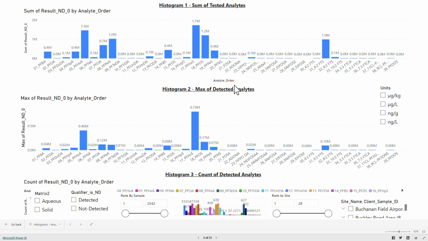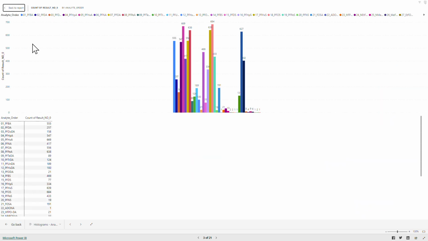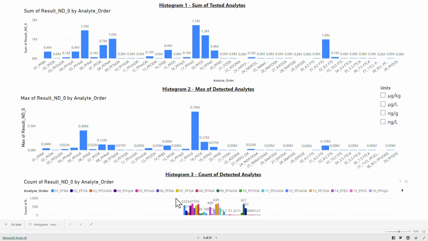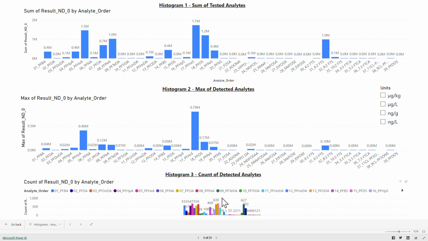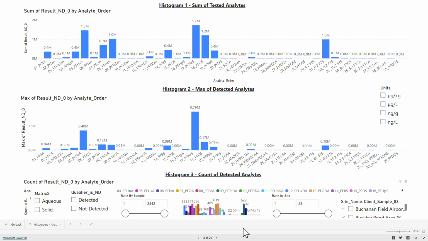maximum detected concentrations, and the third showing a count of the analytes shown for the sample or sample range selected. Note that the filters on this panel are linked to the previous panels. Expand or reduce the sample range to facilitate data analysis. Also note that a histogram reduced to one sample is a representative bar chart and that histograms 1 and 2